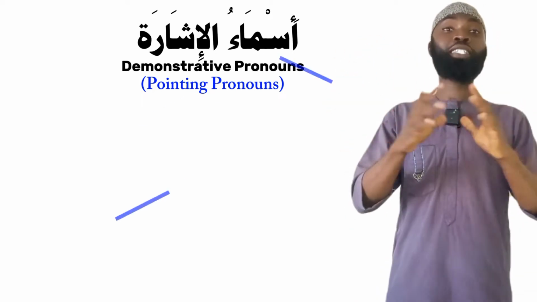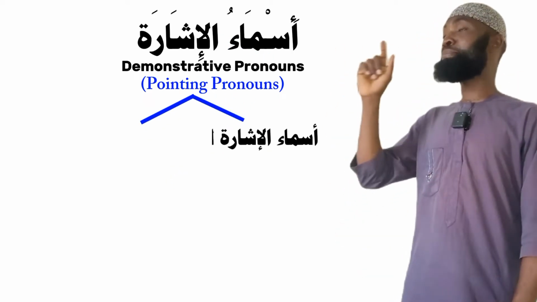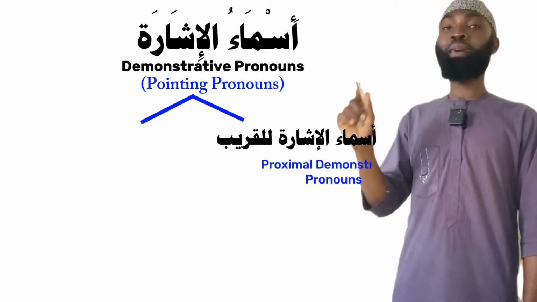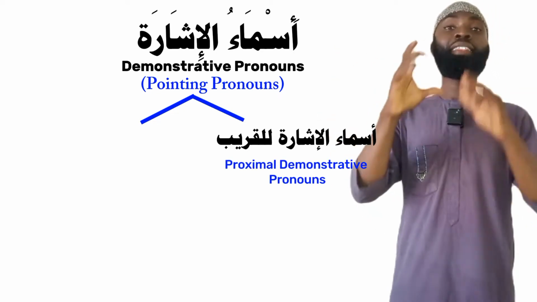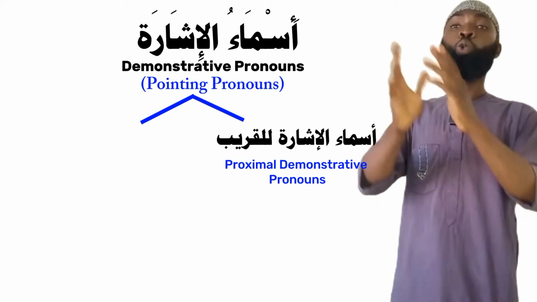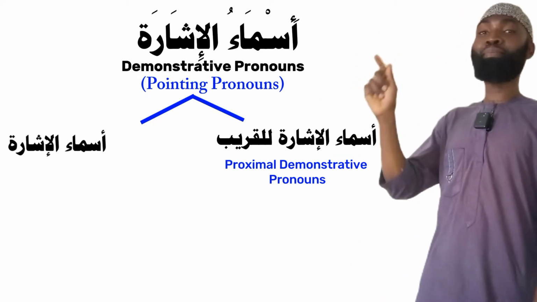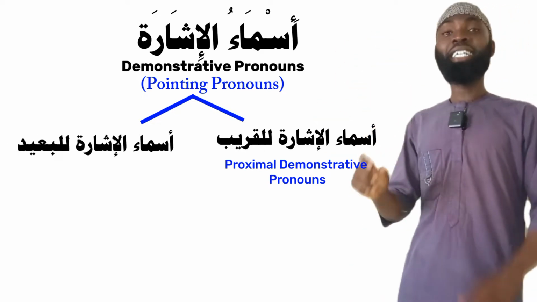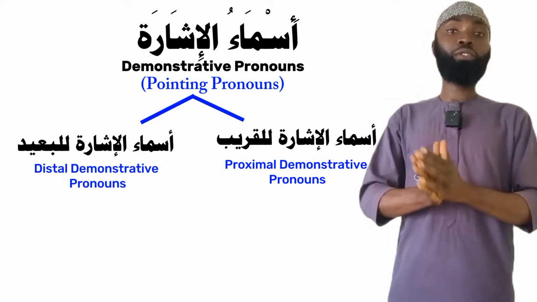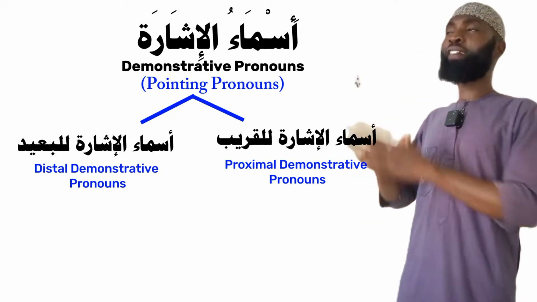Basically, we have two types of these demonstrative pronouns. The first, we have Asma'ul Ishara lilqarib, which means proximal demonstrative pronouns. These are the demonstrative pronouns we use when pointing to persons or objects which are close to us. And the second category is Asma'ul Ishara lil-Ba'id, the distal demonstrative pronouns. These are the demonstrative pronouns that we use when we point at objects or persons which are at far distance